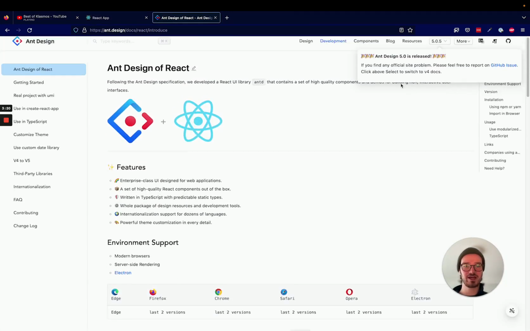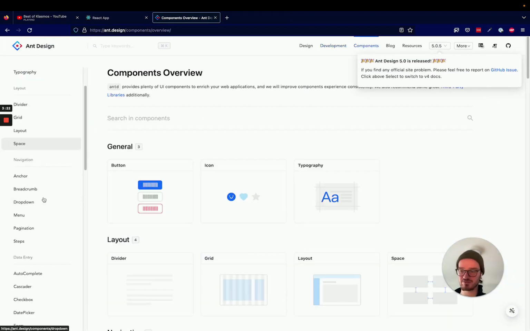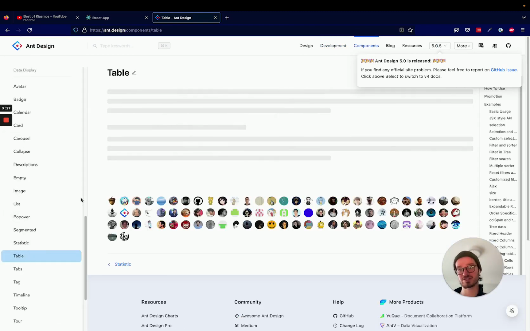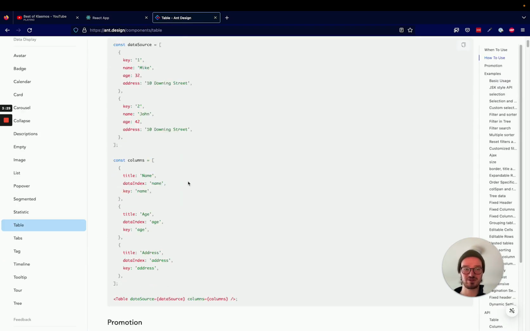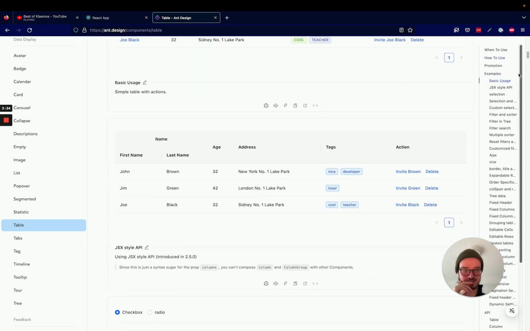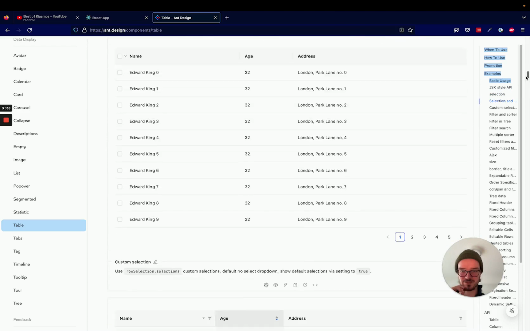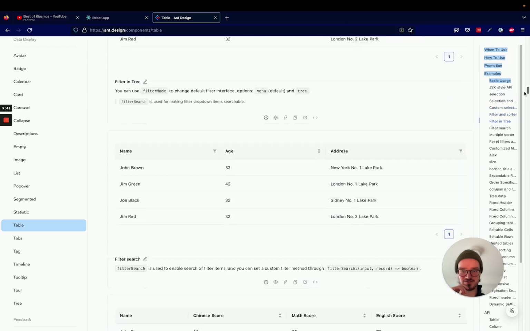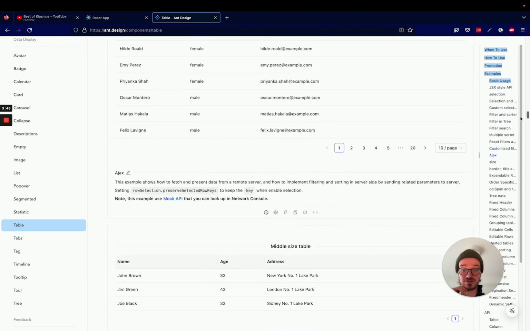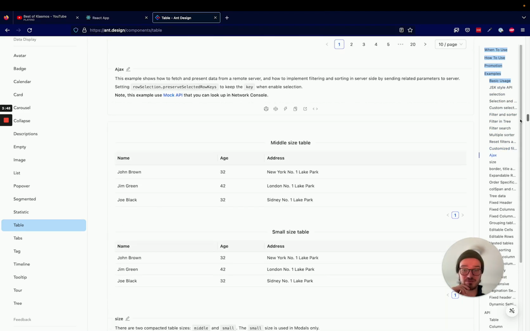Okay, so now we have it installed. If we go to components, we want to start with a table. So let's go to table components. You can see they've just got components on components on components. They've also got like a billion examples. It's actually kind of insane. You've got checkboxes, you've got highlighted rows, you've got fixed headers, you've got actions, you've got pagination. We're going to make use of a lot of this. We're going to build out a component that just sort of has everything, I think, depending on how this works,